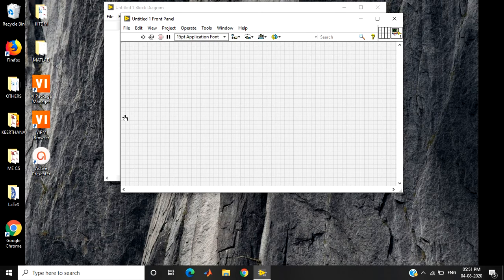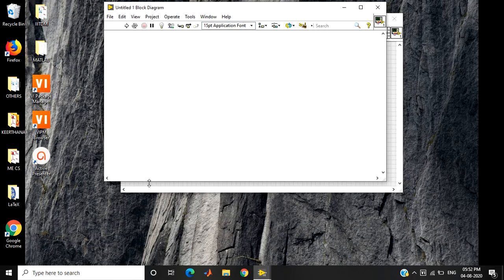On selecting blank VI, we get two windows. One is the front panel window and the other is the block diagram window. This gray window is called the front panel window, which acts like a CRO output or the monitor that displays the output or the waveform graph, or this is simply the user interface of the LabVIEW program. The white window is known as the block diagram window, which serves as the functional graphical code that you create in LabVIEW, or this is simply where we do the